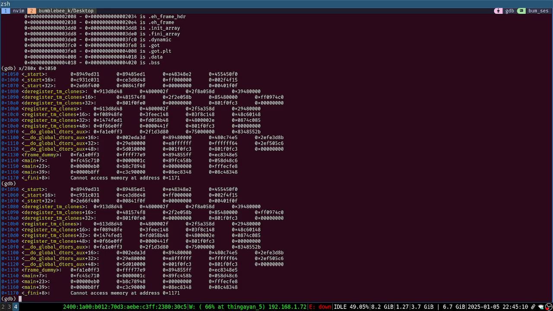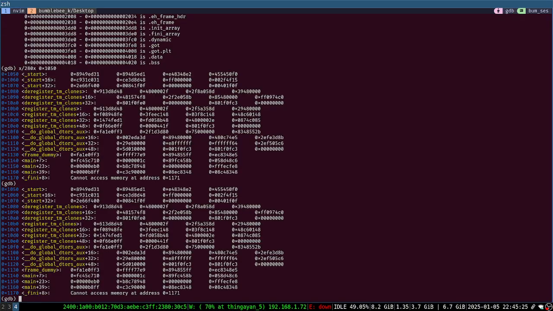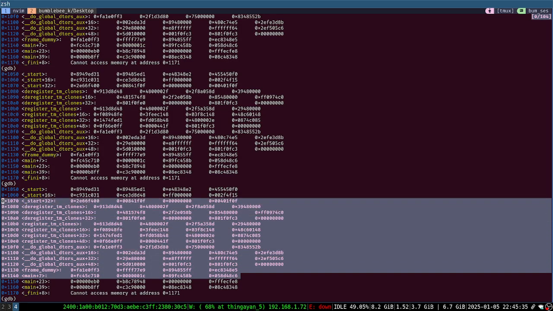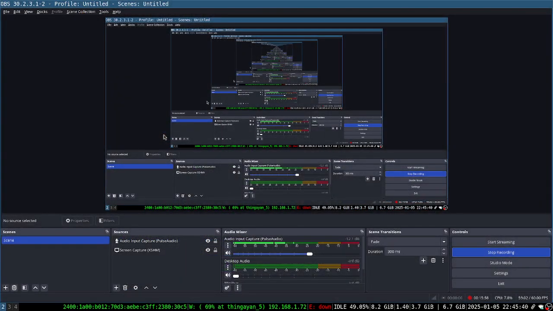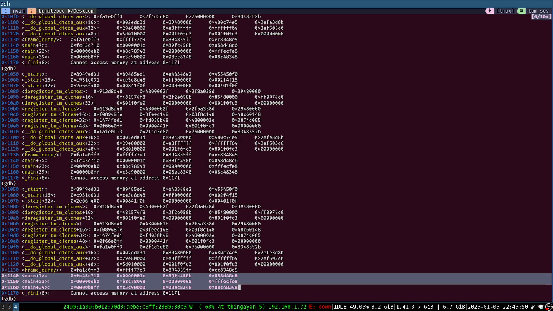We see that all these are the instructions, the actual instructions of our program. These are our instructions, and they are being stored into the text segment. We can see that, right? And we can see that here is our main function. Yes, all the instructions related to our main function are stored in this section from this memory